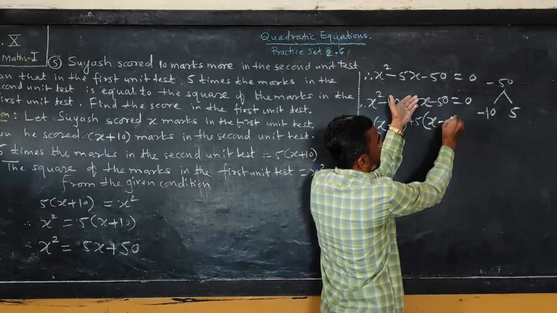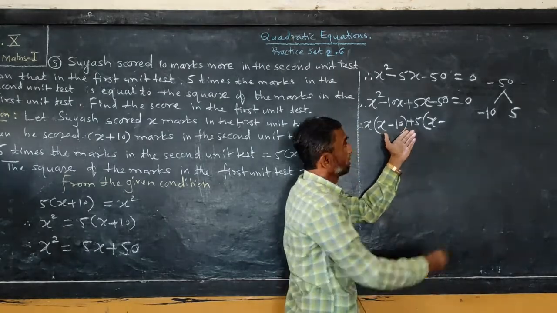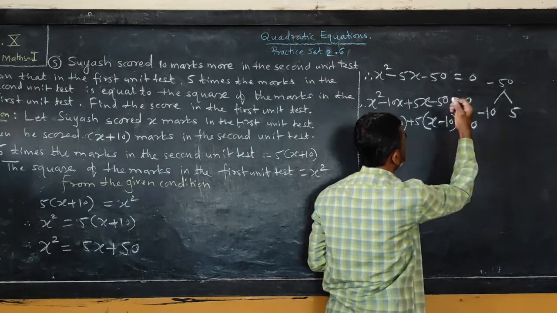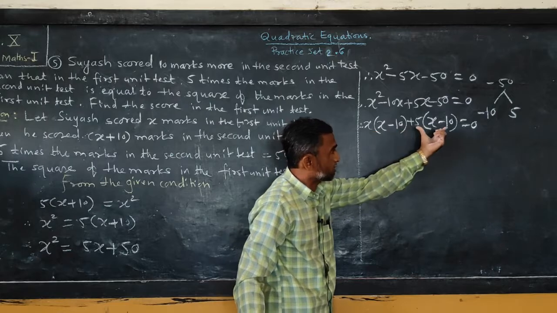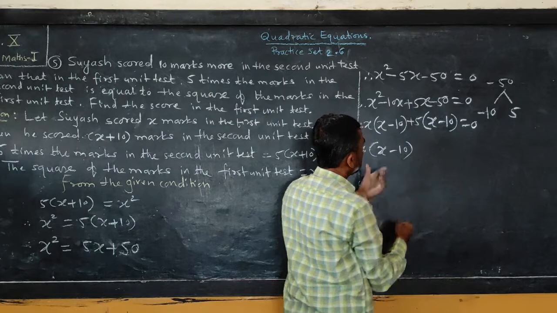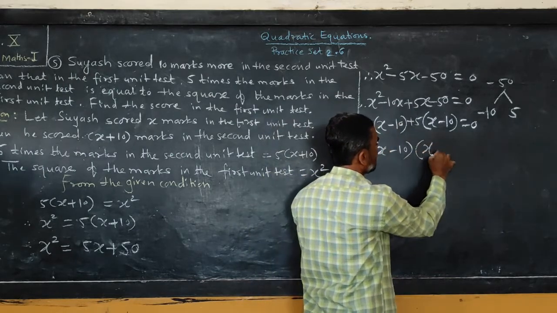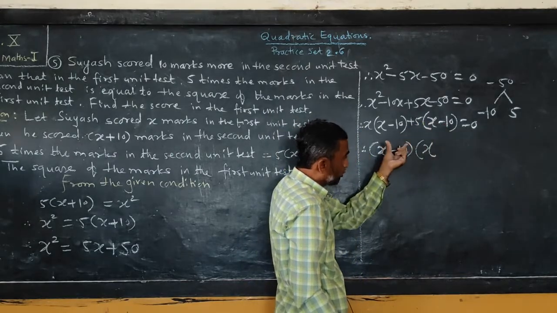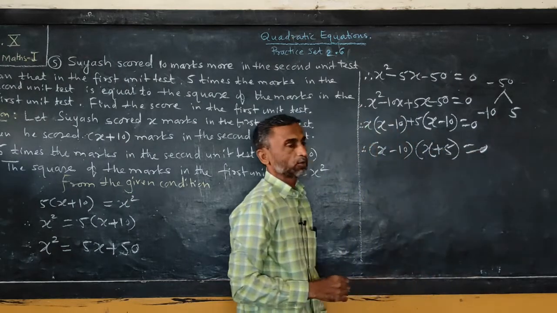X will remain, minus will remain as it is because we have taken plus 5u as common. Divided by 5u, 5u ones are 5u, 0 as it is equal to 0. If you observe, again we can take x minus 10 common. Therefore, take x minus 10 common. What will remain? X will remain. Write it in another bracket. X. X minus 10 we have taken common. Plus 5 will remain. Is equal to 0.